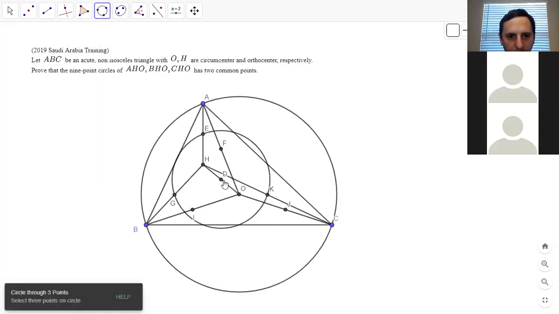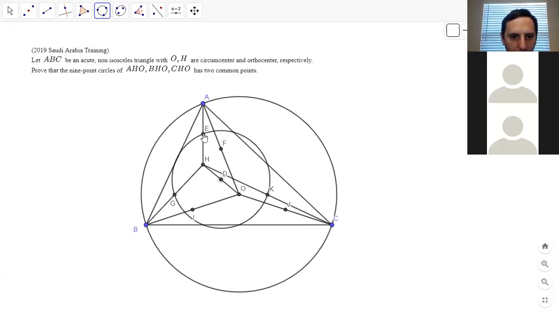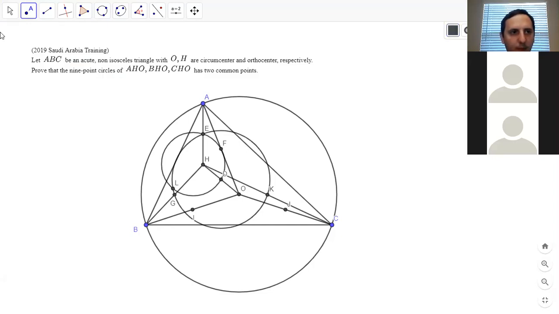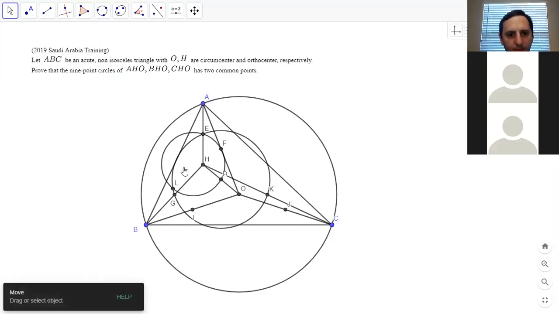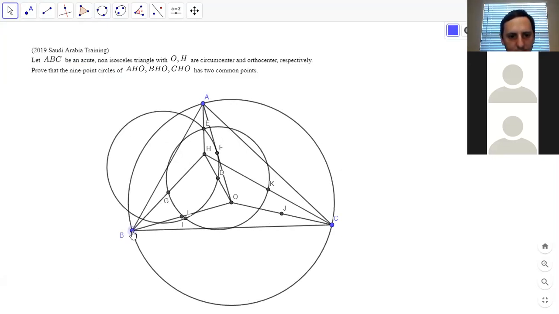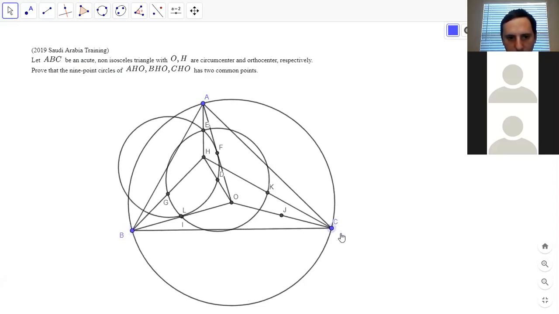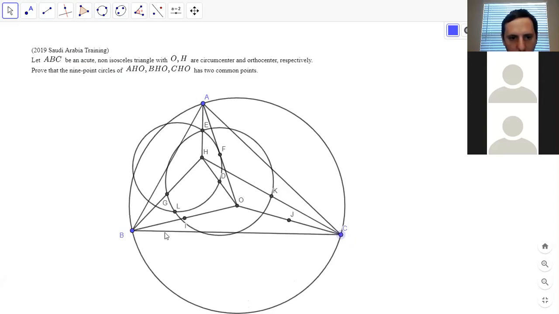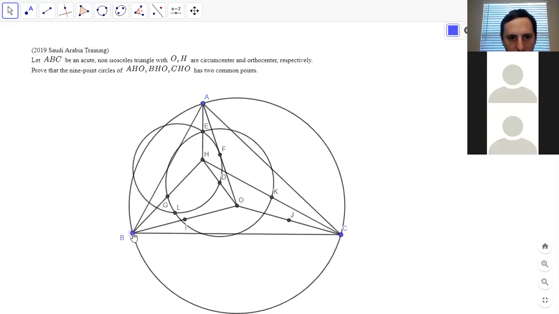Basically, we want to show that there's something special about this intersection point here, so that it's the same point no matter what circle you take. So that point L, can we show L as the same? Like basically we want to show